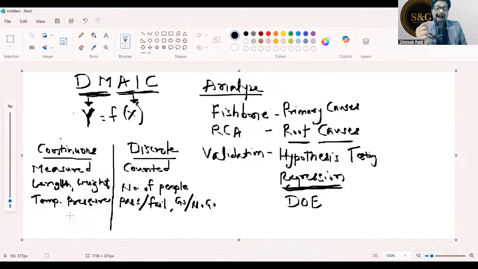Correct? Now I want to check what is the impact of the amount of sugar I add in the cup of tea. It can be 1 tablespoon, 1.5 tablespoon, 2 tablespoon. Again, it is numeric data. So in this case, the taste of the tea is my Y and the sugar quantity is my X. I want to check the correlation between my sugar, sorry, and the taste of tea. That is called correlation. Are you clear with this?